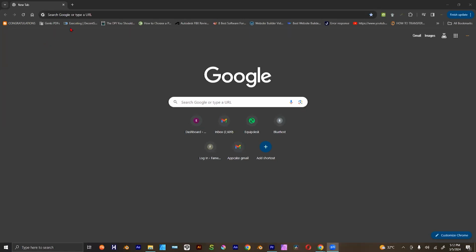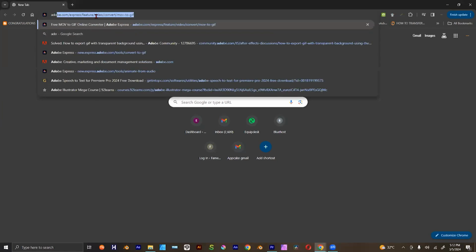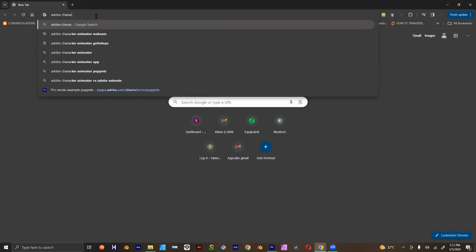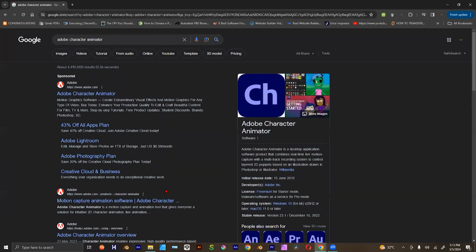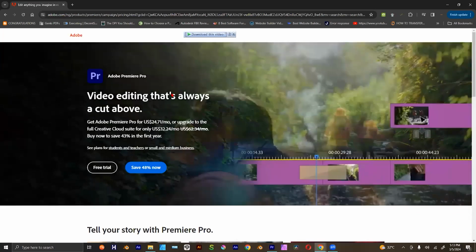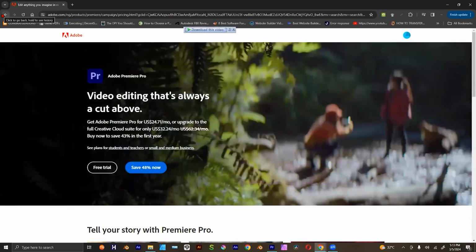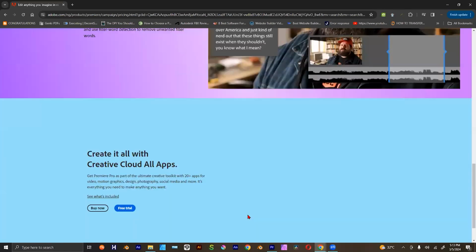So today we're going to talk about Adobe Character Animator. Adobe Character Animator is another software from Adobe, like Photoshop, After Effects, Illustrator, and so on. It's another package from the guys at Adobe. Like I said, it's a 2D animation software used for creating and animating characters. I think it's most widely used for